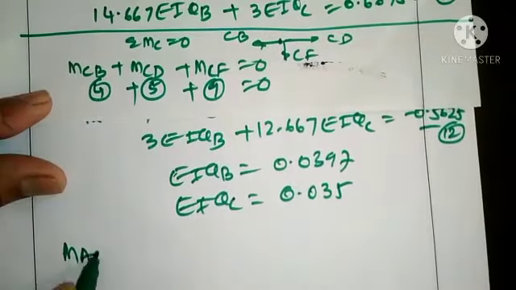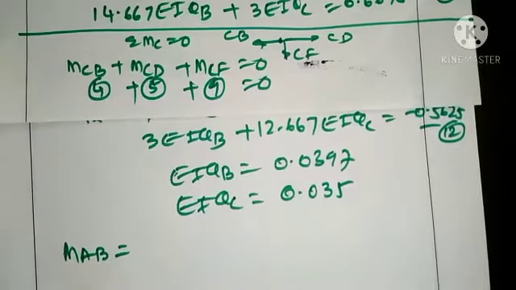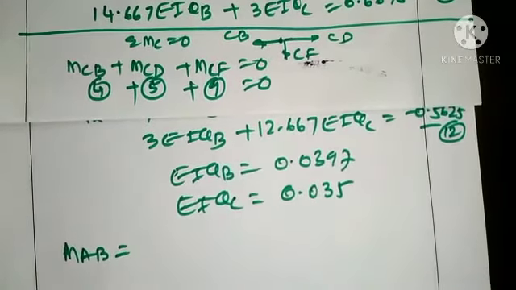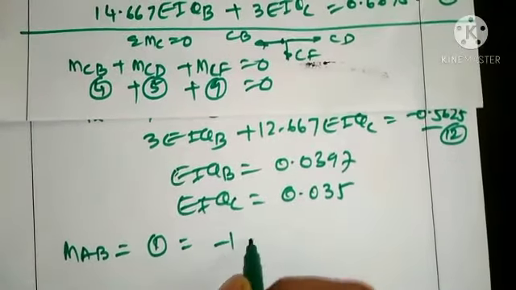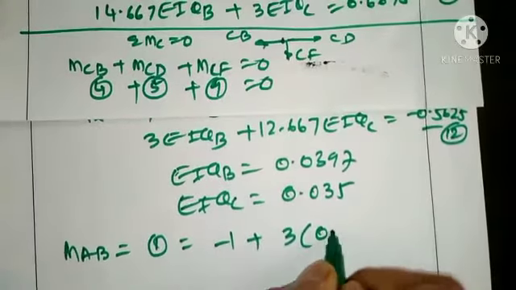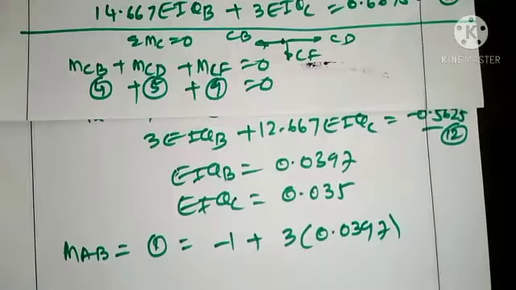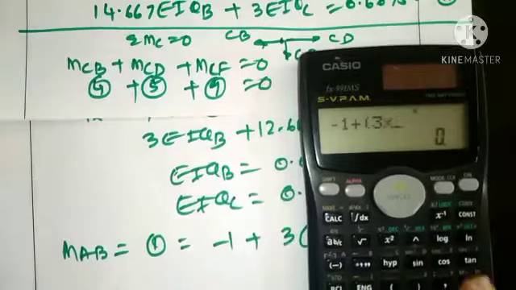MAB value we need to calculate, and MAB value will be after substitution of these values. When I substitute in equation 1, it will be minus of 1 plus 3 into 0.0397,